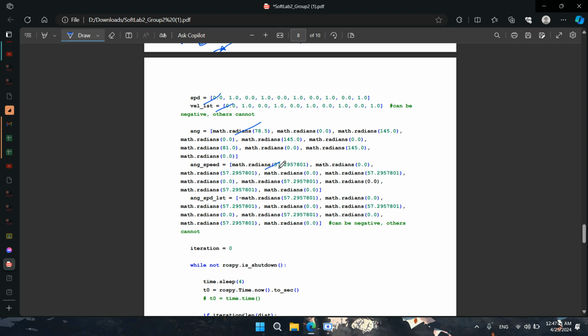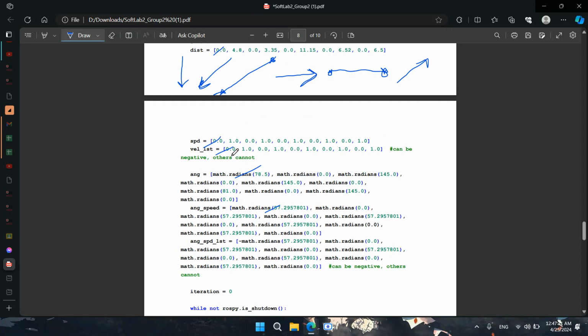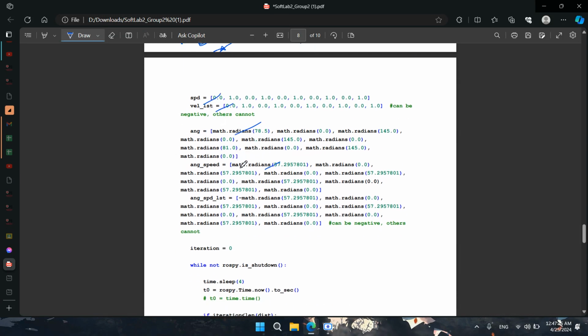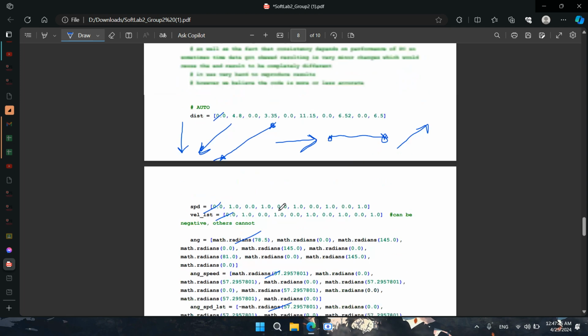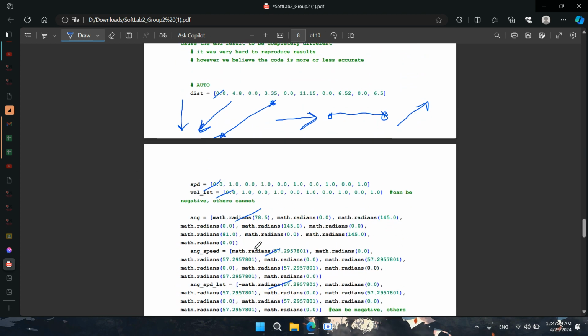Why did I use this speed? Because 57.29 degrees is exactly 1 radian, I think. এরকম কিছু একটা ছিল. My linear movement was 1 meter per second, so I wanted to make my angular movement also be 1 degree per second or something. So yeah, এই অ্যাঙ্গেলে মুভ করছি, এই যে first iteration,